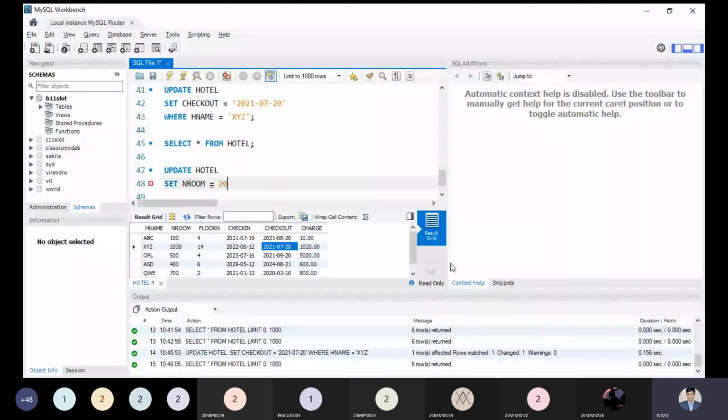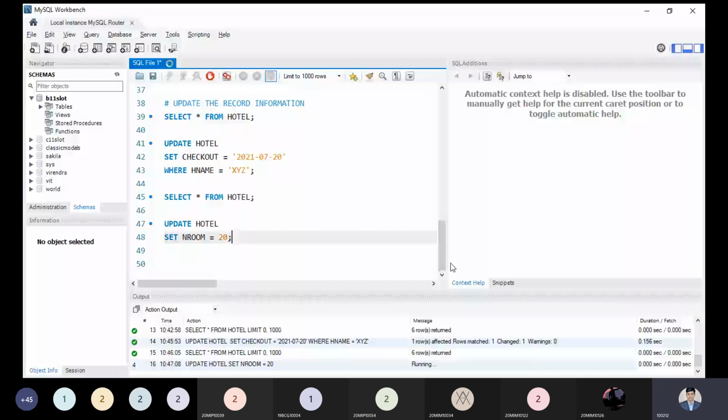So if I'm executing this syntax, then what happened? All the data which belong to the room attribute will be 20. Let me execute. Now this syntax is perfectly executed without any error. Now your favorite syntax I'm executing once again.